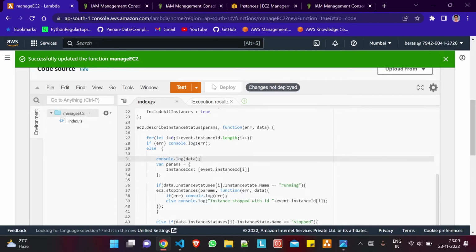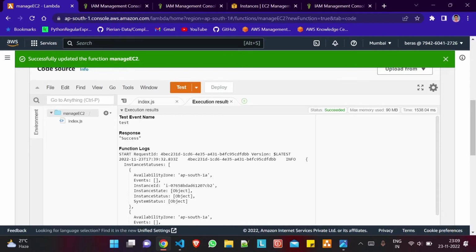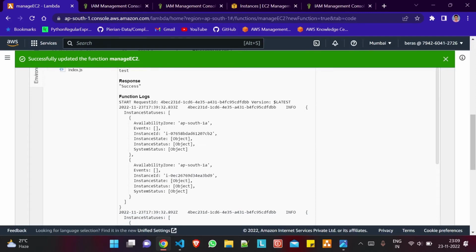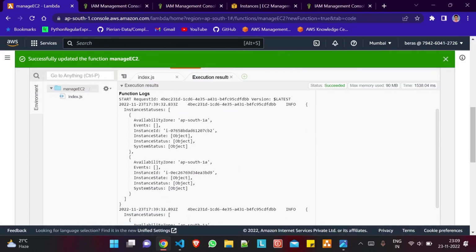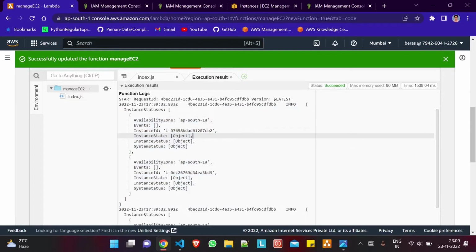Deploy, test. See what it is showing. When in the for loop i equals 0, that time it is printing data. So this is the data. Fine. So in this data,